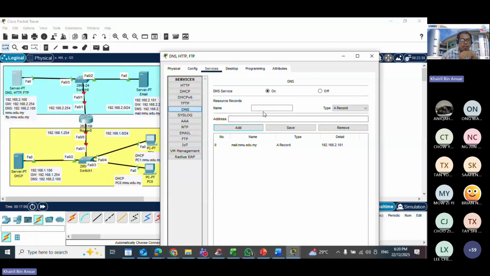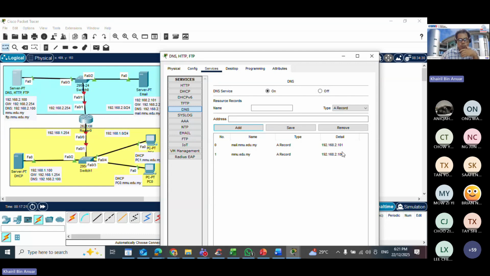Okay, next you have the HTTP. HTTP you have mmu.edu.my. Okay, the address is its own server. Okay, so 192.168.2.100. Okay, so you add this. What else? FTP.